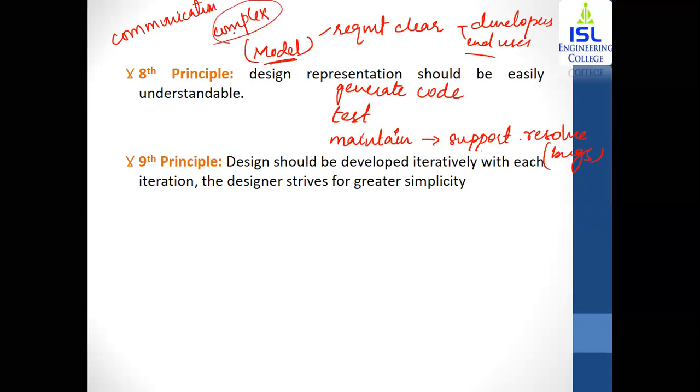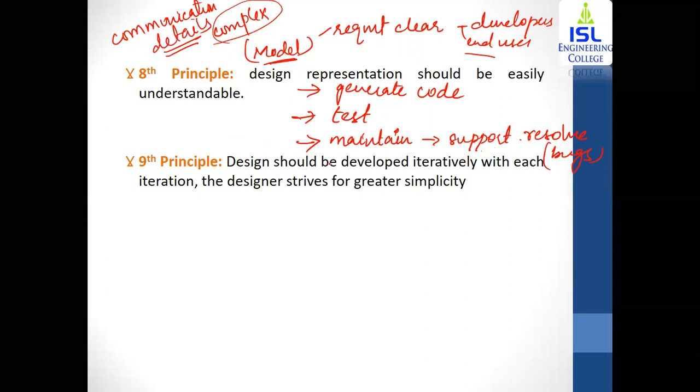If it is very complex or does not provide the details that need to be embedded within the software, then it becomes difficult for the coder to generate code, the testers to test the different modules, and the people who are going to maintain the software.